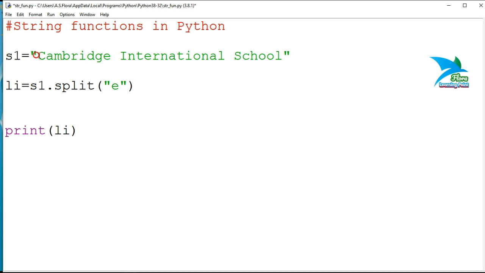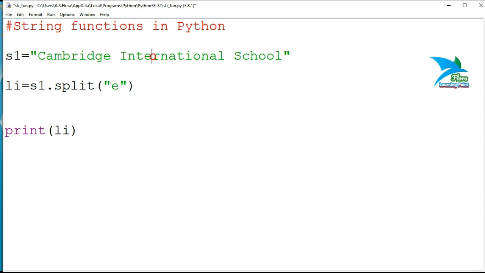So here we have E. That means in the 0 position of the list, it will store this portion, CMBRIDG, right? And at the first position as the first element, it will store this portion, because here we have E, so this portion will be stored at the first index of that list.